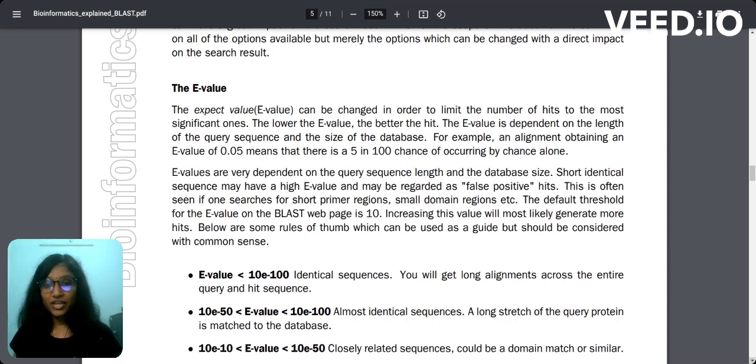E-values are very dependent on the query sequence length and the database size. Short identical sequences may have a high e-value and may be regarded as false positive hits. This is often seen